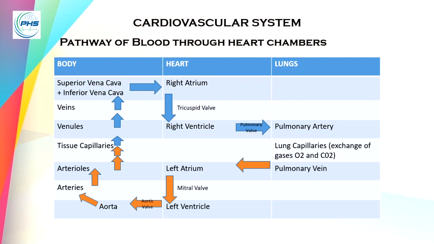We also need to know about coronary arteries. Like all organs, the heart is made of tissues that require a supply of oxygen and nutrients. Although its chambers are full of blood, the heart receives no nourishment from this blood. The heart receives its own supply of blood from a network of arteries called coronary arteries.